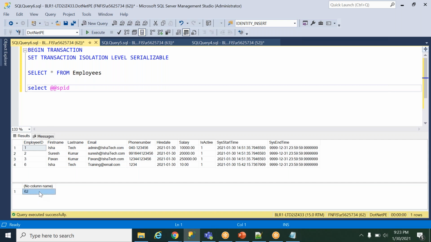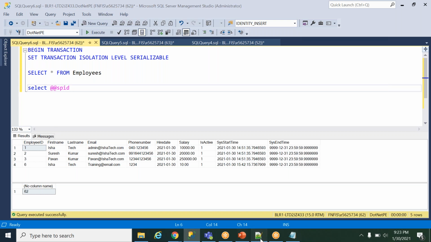This is my SPID 62. I have opened one transaction and I'm selecting employee details. Actually, transactions are used for DMLs like insertion, deletion and updation, but I'm giving you a simple example so that you will understand. Now I have opened the transaction here.